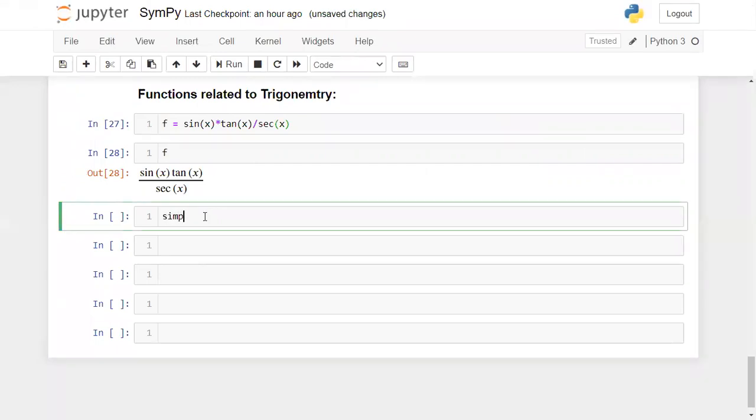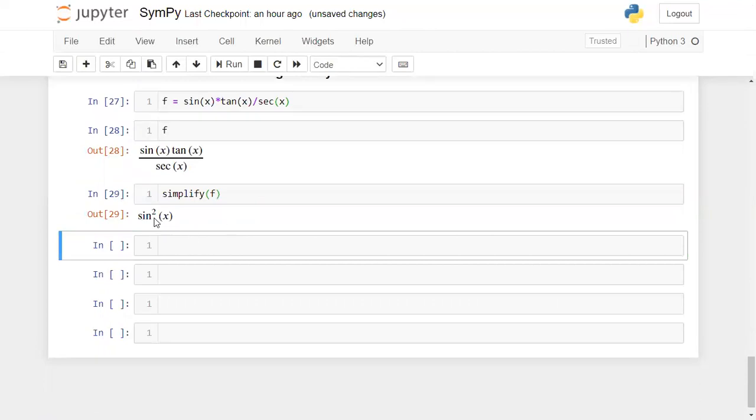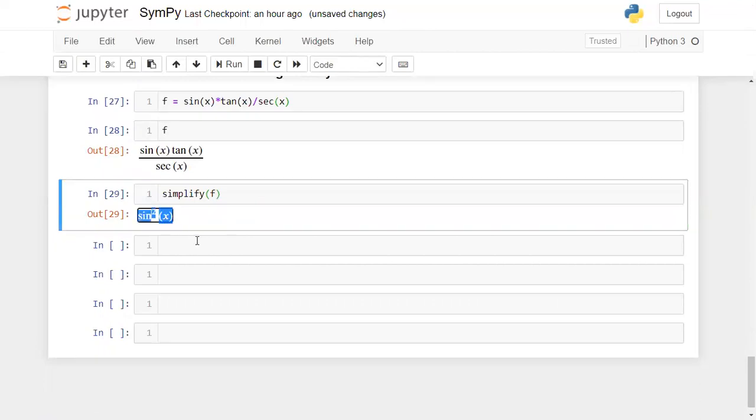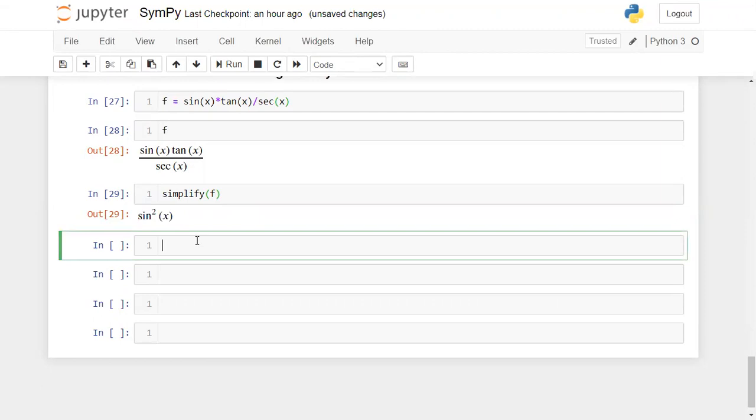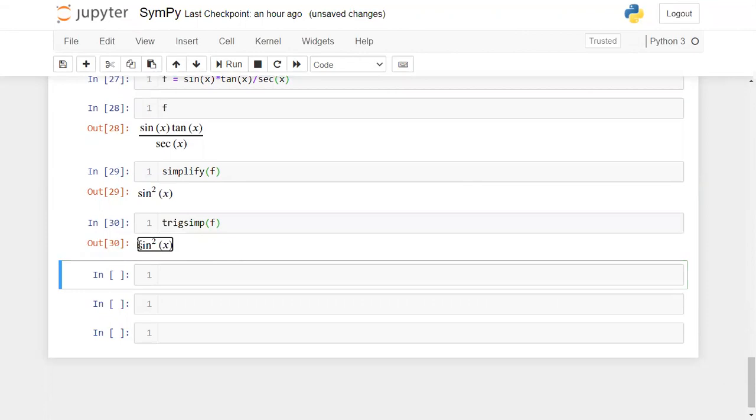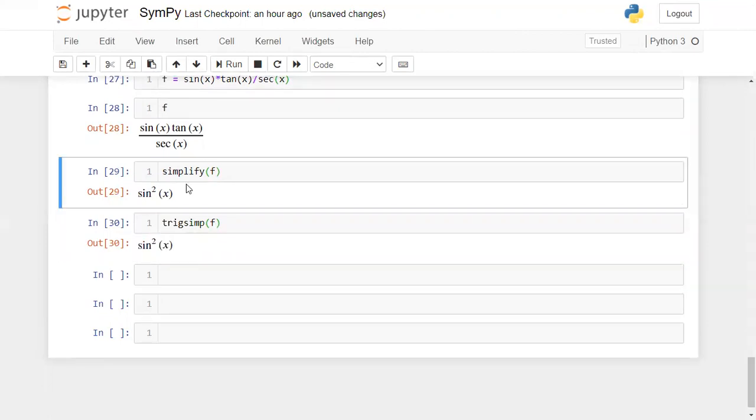Okay, now check it out once. You already know the simplify function, right? This simplify function will simplify your expression. Now try to run this. Can you see? You got this value on the screen after performing all the operations. In a similar way, for trigonometric functions you can use the trigsimp function. This is for trigonometric simplifications. Now when you run this, you'll get the same output on the screen. You can use simplify or trigsimp functions.